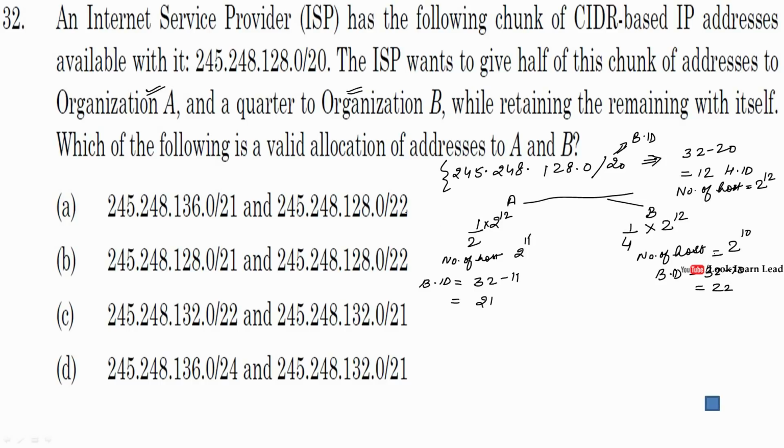So what we would be doing is, this is the IP address which is given. In this address we would be taking the first 21 bits as the network ID. So in this, the first 20 bits would be the same as they were, and the 21st bit can be either 0 or 1. So how would we be writing it? We will be writing it as